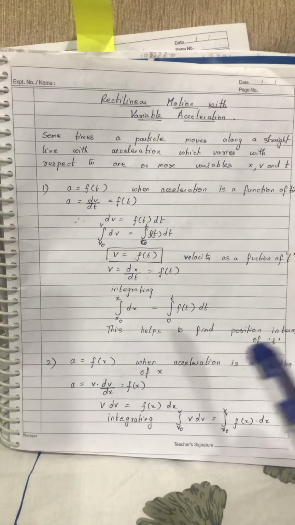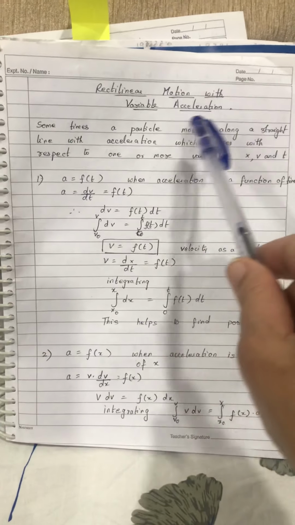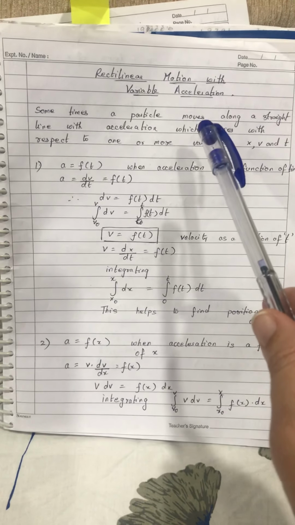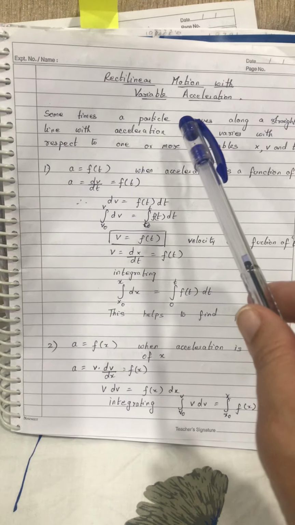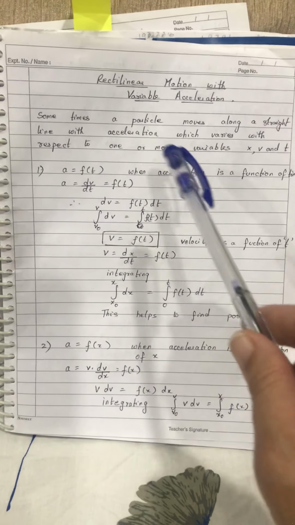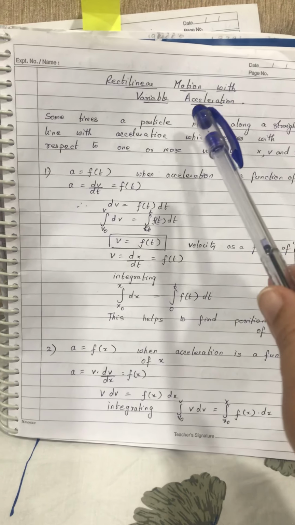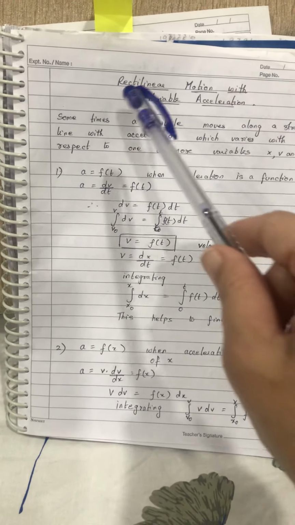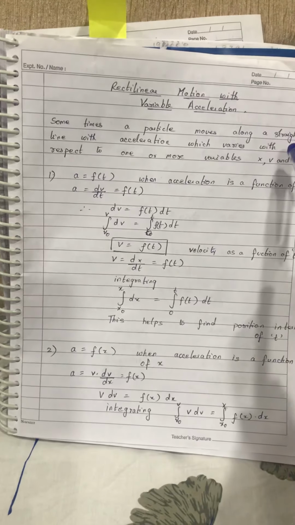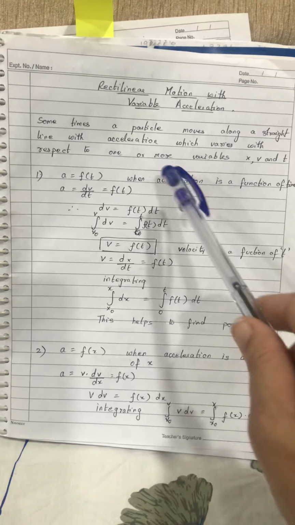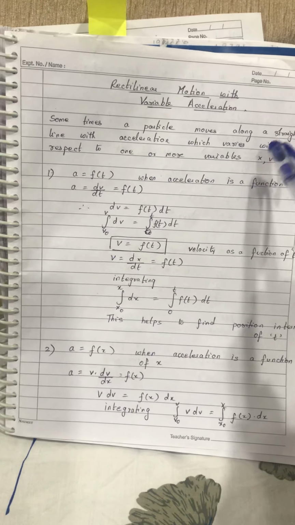Okay, so today we begin with rectilinear motion with variable acceleration. So far you have dealt with rectilinear motion when the acceleration was uniform. Now we see how to study the rectilinear motion of particles when the acceleration is varying. So sometimes a particle moves along a straight line with acceleration which varies with respect to either x or v